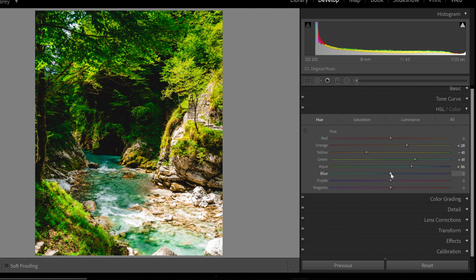Now here, blue, I'm gonna add also a little bit, maybe like there. And now you will understand what is happening. Purple and magenta I'm not gonna touch because we don't have it here. We go to saturation, and now here is where we're gonna start making this picture like the moody color, moody dark that we want. Remember that red we didn't do anything, but orange, let's go and take out the saturation